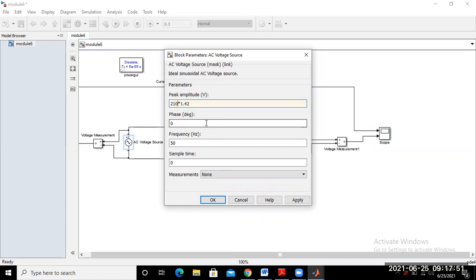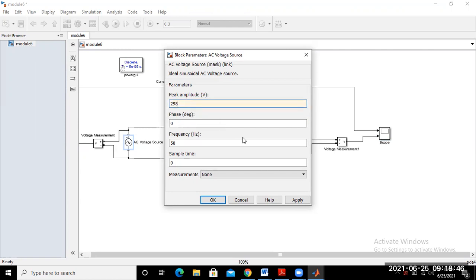So 210 into 1.42 is equal to 298.2, or simply 298. So the peak amplitude value for the RMS value of 210 volt is 298.